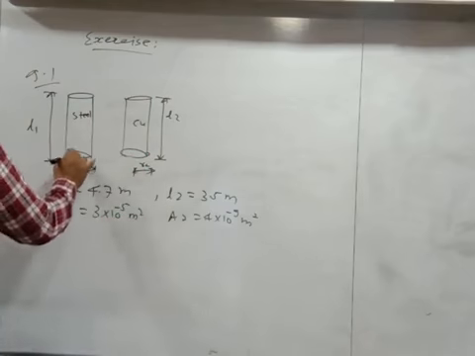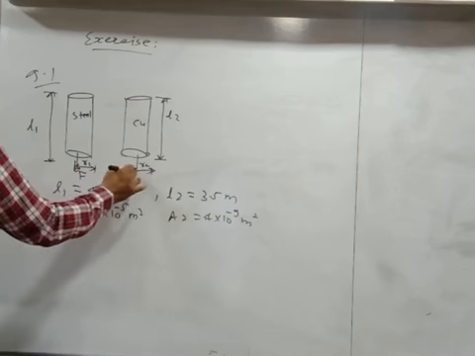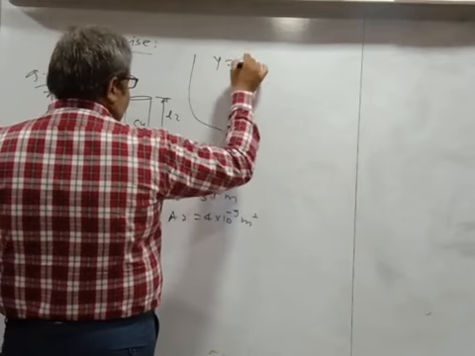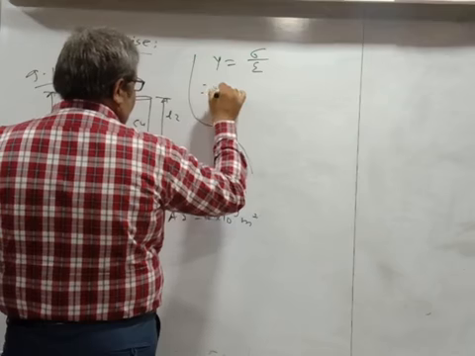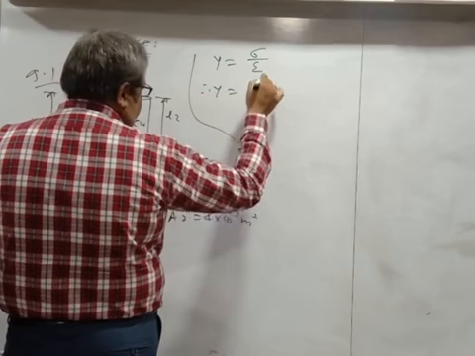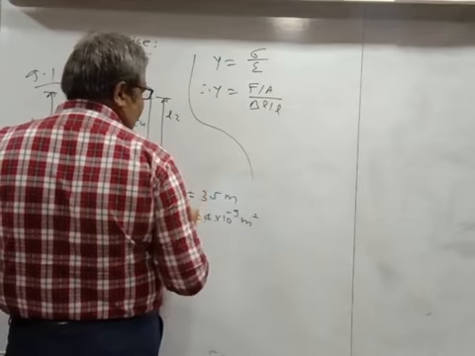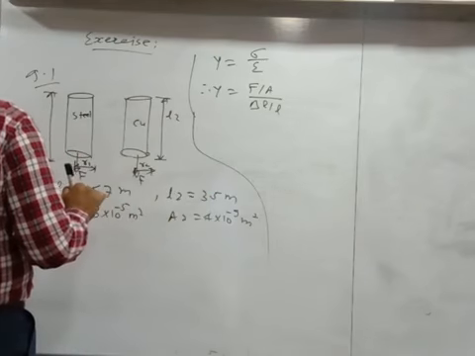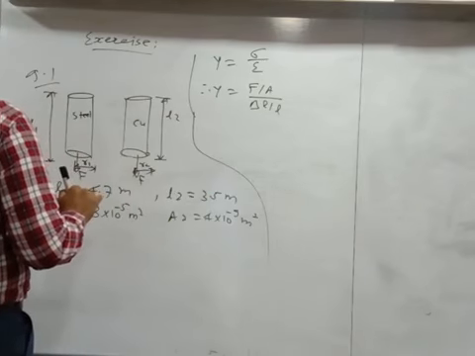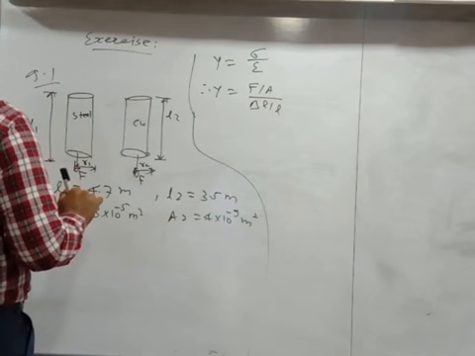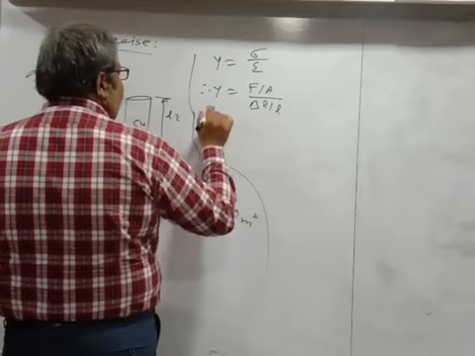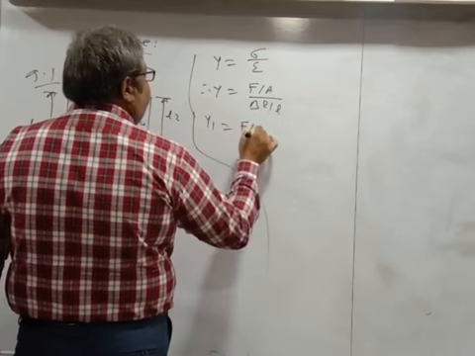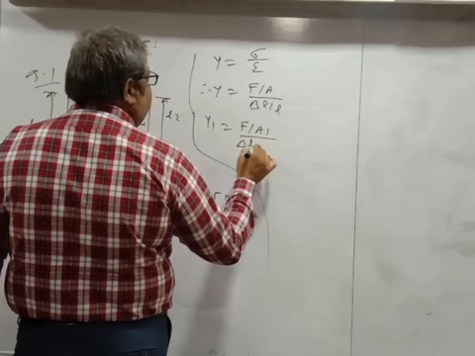So now suppose the force applied here is F and the force applied here is also going to be F. So we can say Young modulus is given here as sigma upon epsilon. So Y is equal to F divided by A upon epsilon, which is going to be delta L by L. Okay. So they are asking us to find out Y1 upon Y2. Okay. So let us say Y1 is equal to F divided by A1 upon delta L upon